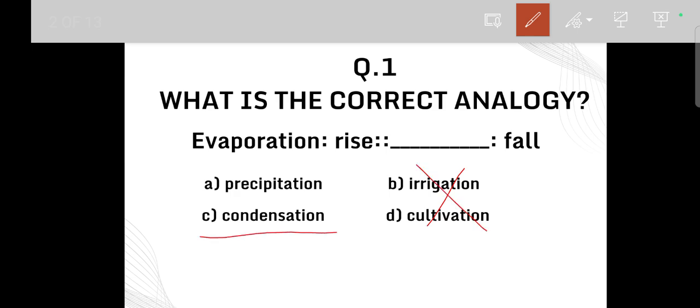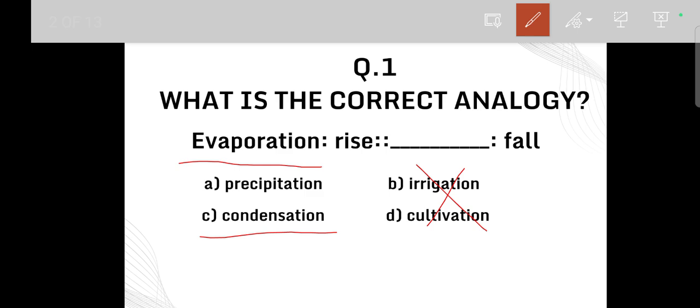Whereas condensation is when the vapor in the air comes down when it becomes cool. It falls when it becomes cool. Whereas evaporation means the water, due to increase in temperature, rises above in the form of vapor.